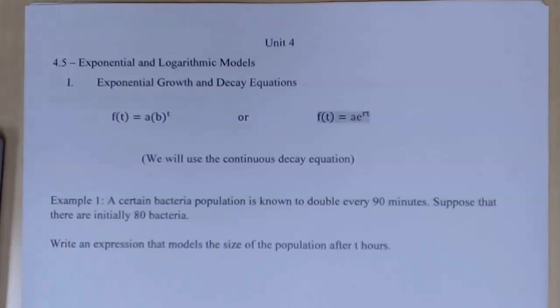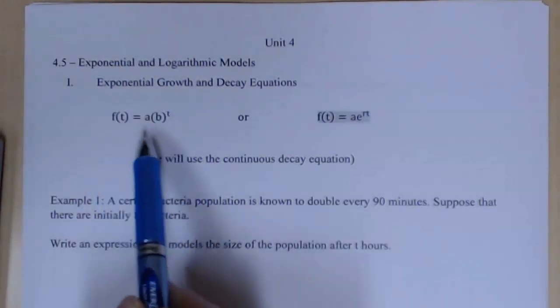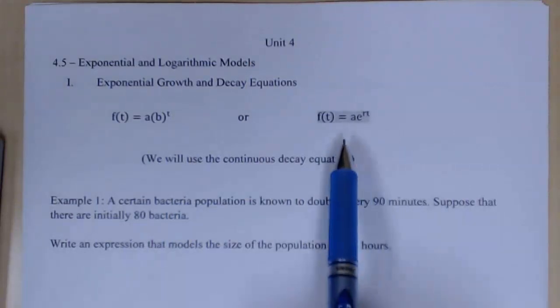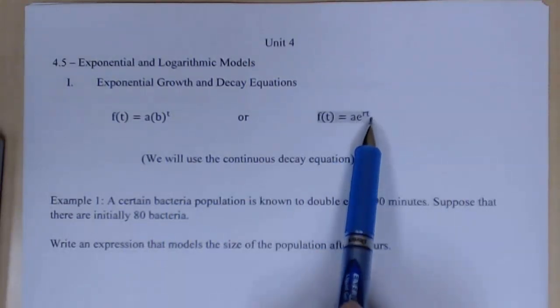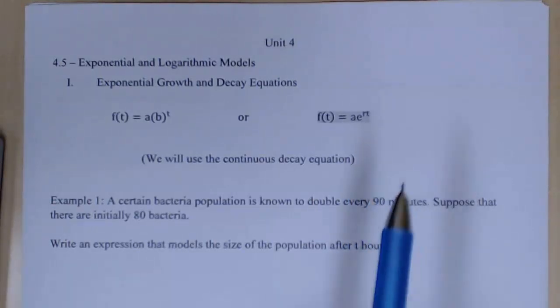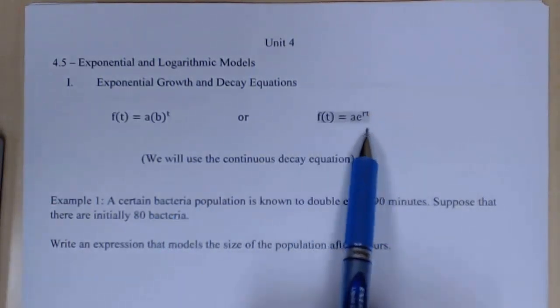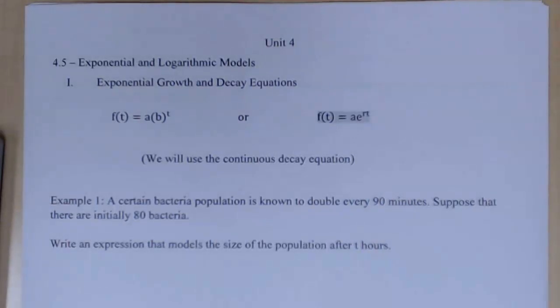In section 4.5, we're going to be looking more at some of the growth and decay equations and applying everything that we've been doing thus far in this unit. So just remembering our growth and decay equation, we have this AB to the T, and we've used that earlier in this unit. And we also have A E to the RT, and we use this when it's continuously decaying or growing. And so what we're going to use for this section is mainly this continuous decay